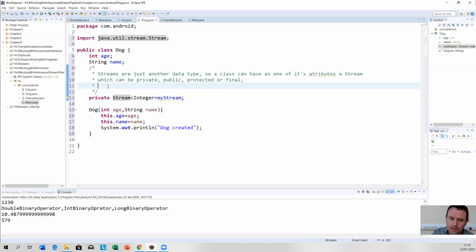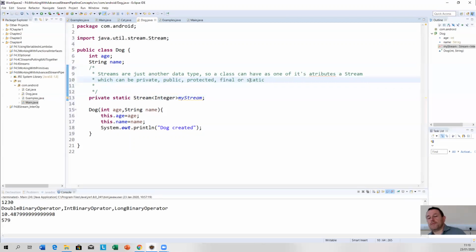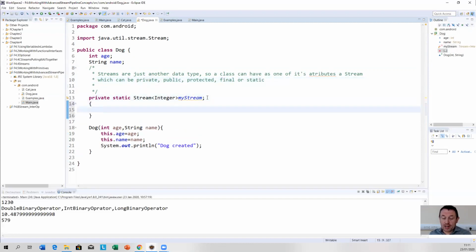Right. Now, we're not going to be using that stream. But yes, a stream can be an attribute of a class, a variable of a class. Nothing stopping it. It can also be static. Okay. Final, protected, final, or static. So there's nothing stopping you from doing a stream there. And you can have your stream and initializer. So I'd say my stream